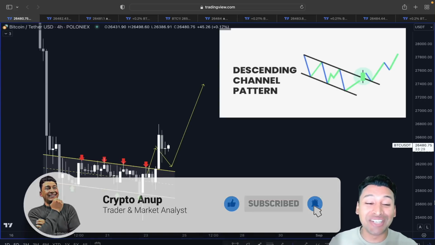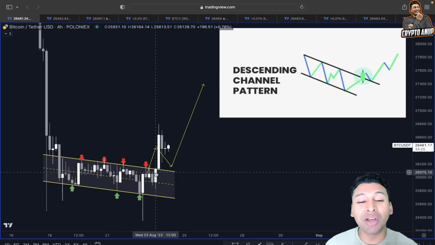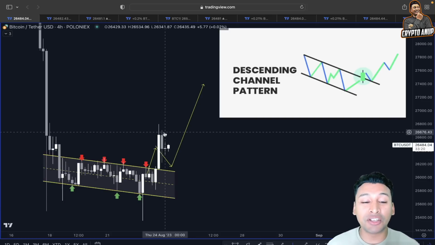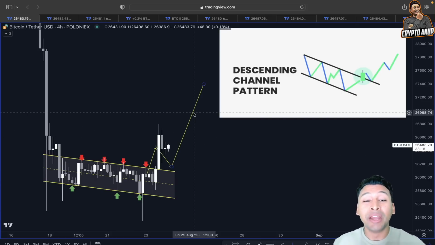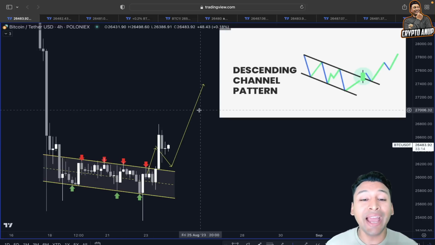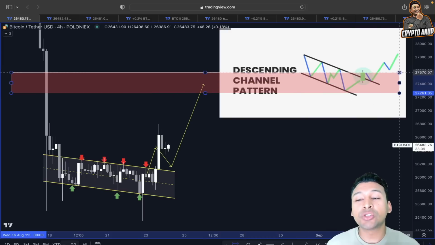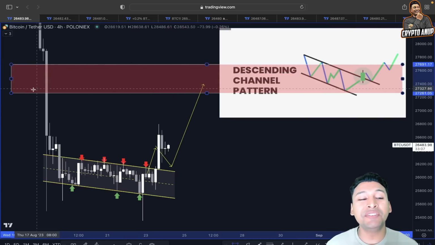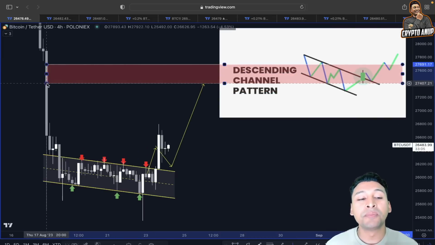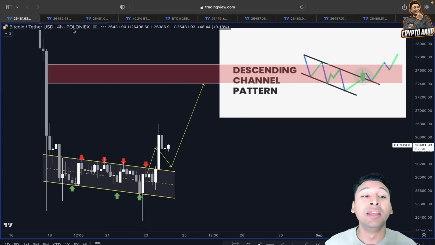Now, if we look at this descending channel pattern, after breaking the upper trend line, which we talked about in my video yesterday, the price of Bitcoin started showing this impulsiveness. And now, if this descending channel pattern, this bullish continuation pattern is going to play out, we are expecting the price of Bitcoin for the medium short term to get attracted in between the 27,000 to 28,000 range before deciding the trend duration. The reason why we are expecting the price to get attracted in between that line is because we